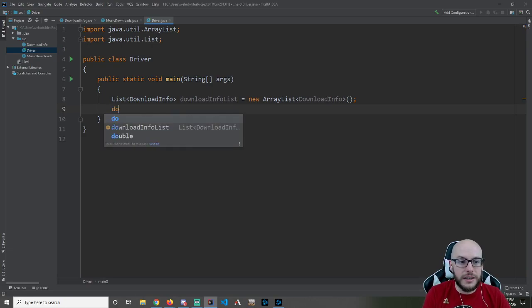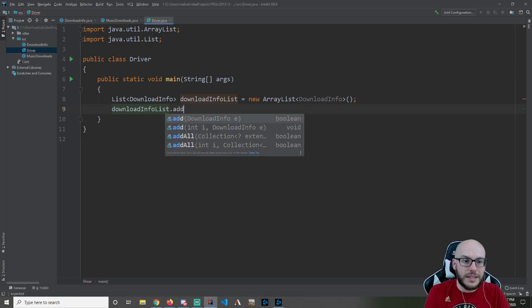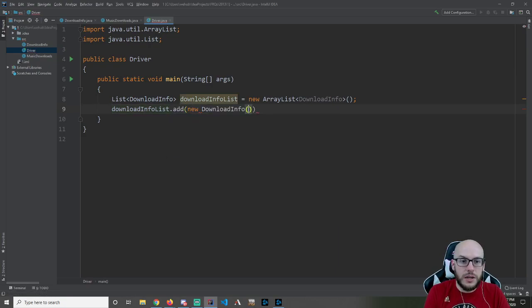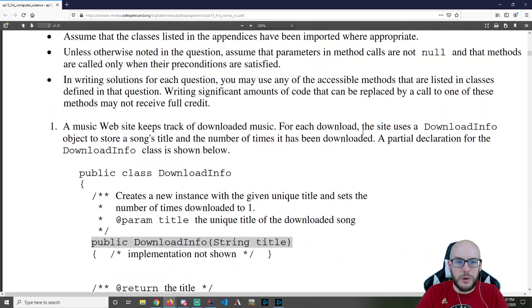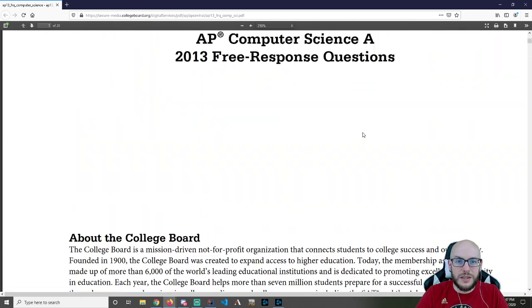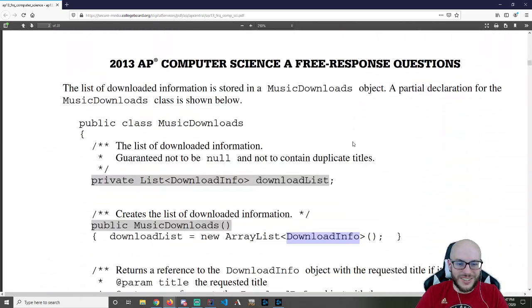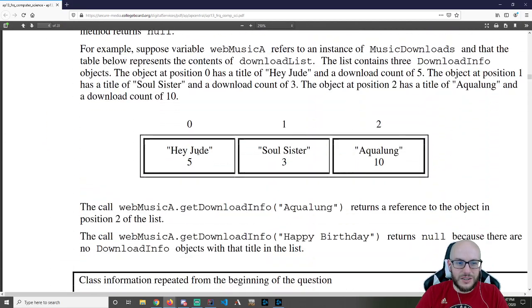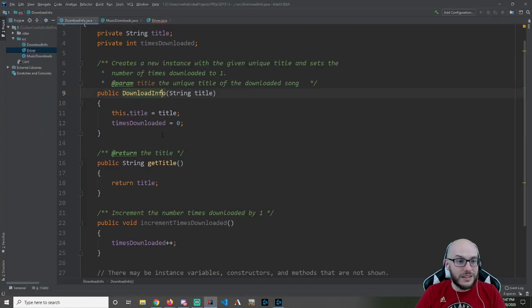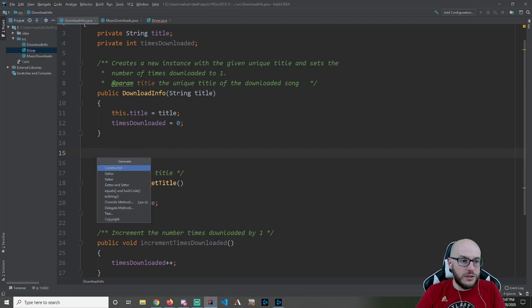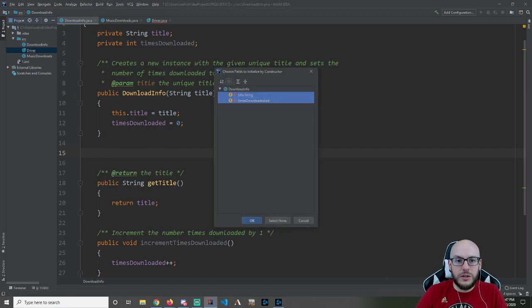Let's start adding download infos to it. So I'll take my download info list and add a new download info. We just need a title. And we're going to have to increment a couple of times to get it the way that we want. The reason being, why don't I just overload this constructor so that we can get to what we want, right? Because I'm going to have to increment Hey Jude 5 times and Aqualung 10 times. Hard pass on that. I'm going to go back into download info, and I will alt insert a constructor using